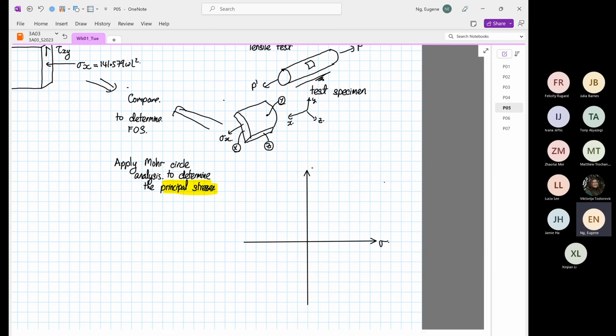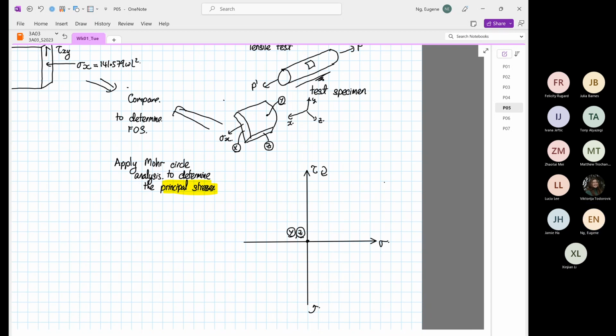So the shearing stress, element rotate clockwise, element rotate anti-clockwise. So what we realize down here is point Y and point Z, they have zero normal stress and zero shear stress. So over here, this is our point Y and also our point Z